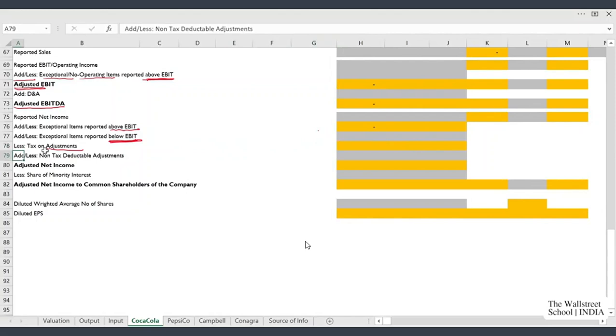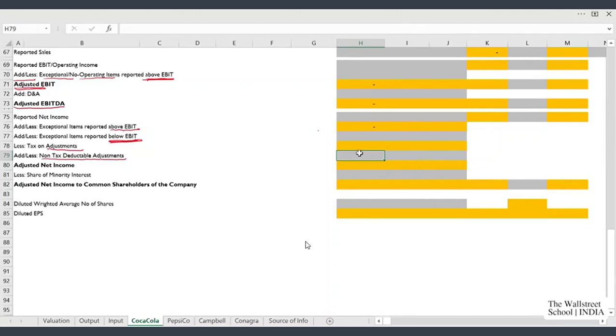Friends, in the next row, we need to adjust the impact of non-tax deductible adjustments. Here, we need to make adjustments of those exceptional items which are non-tax deductible, meaning on which we don't get any tax deduction. So at the time of reversing the impact of those exceptional items, there will not be any reversal of tax impact on the same.